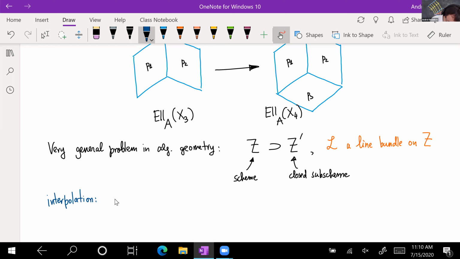The interpolation problem is to extend sections of L from their restriction